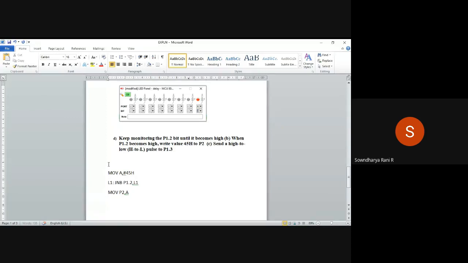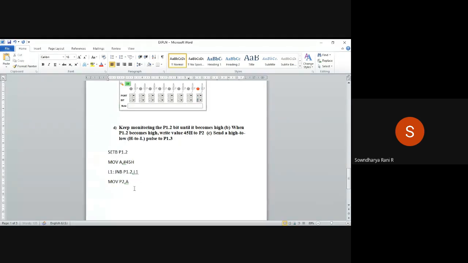So for that, what we are doing, we are just setting the bit 1.2, right? So second bit is set in the initial stage in order to avoid going into infinite loop here, right? So if this statement, if second bit is 1, it comes here, 45 is loaded into A, right?